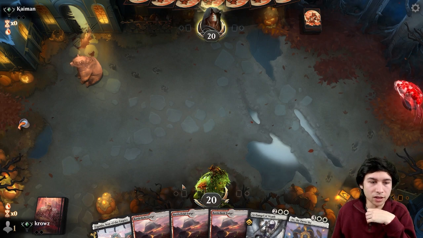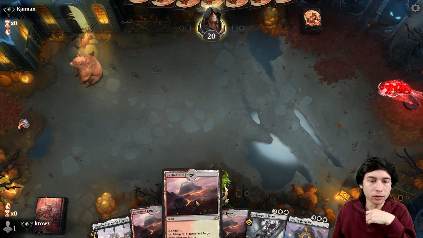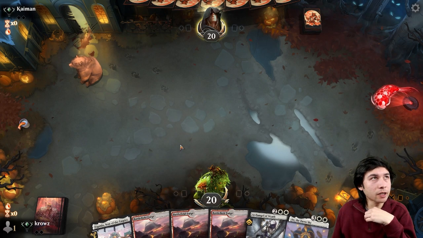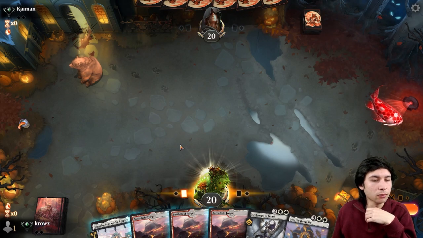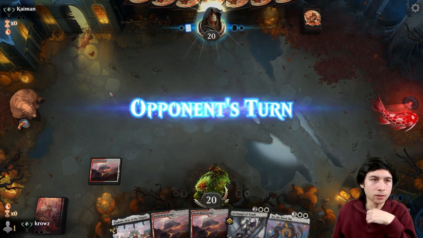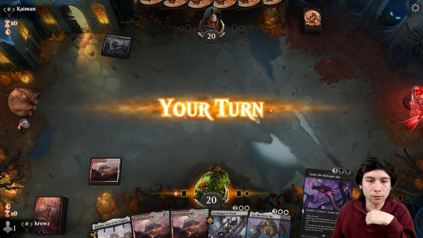Probably would have kept the first hand if I had a choice, but I don't think that first hand is very good because I have no black. If I had a black source, I would keep it. But yeah, the mana base failing me a little bit here. Unfortunately, well,